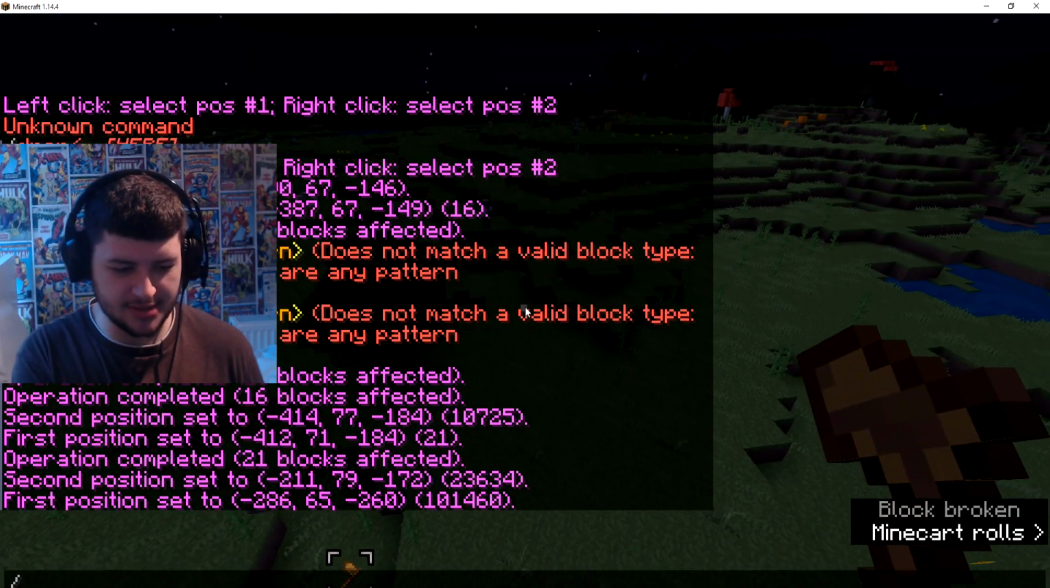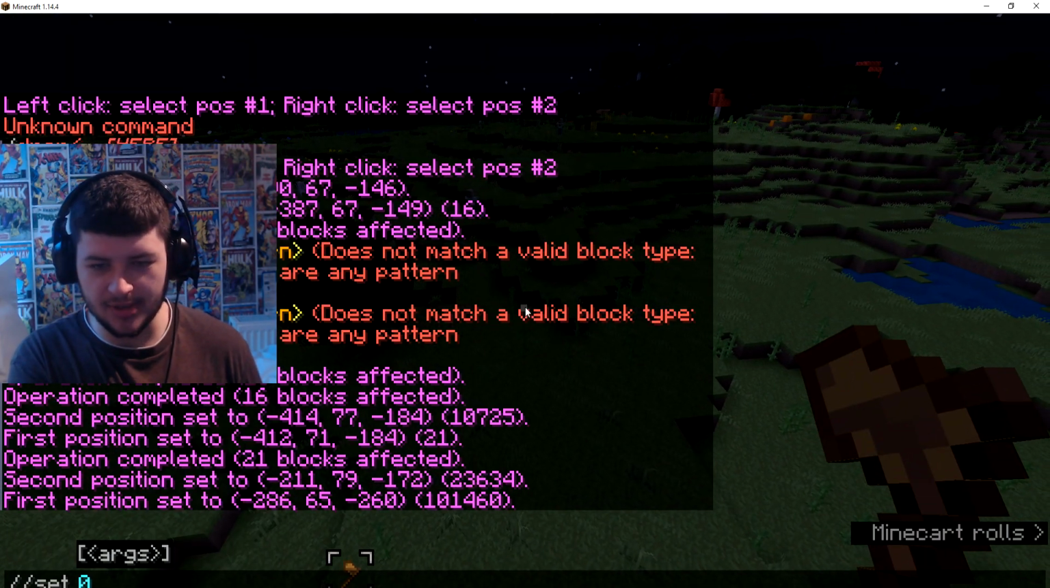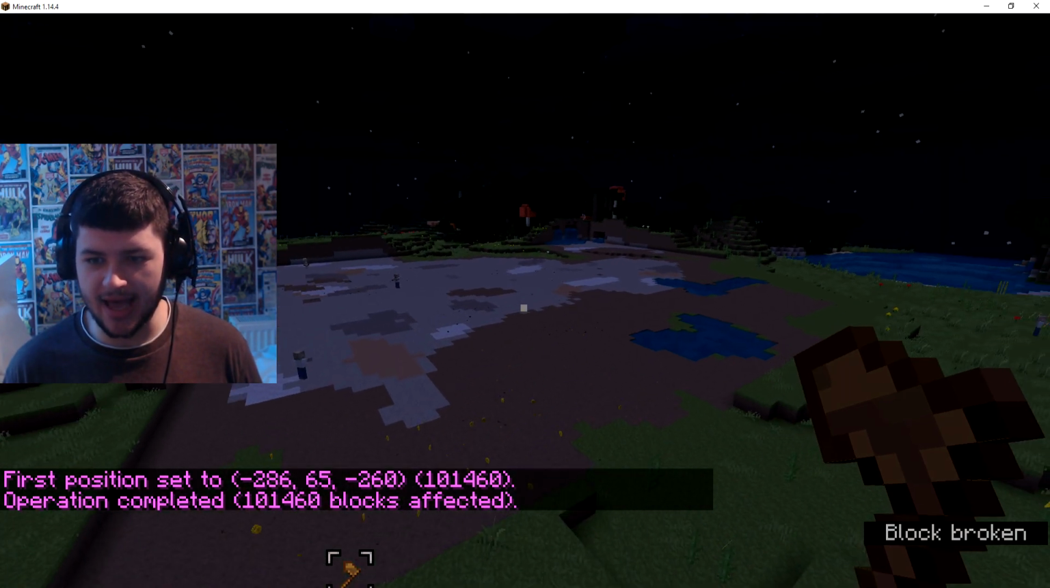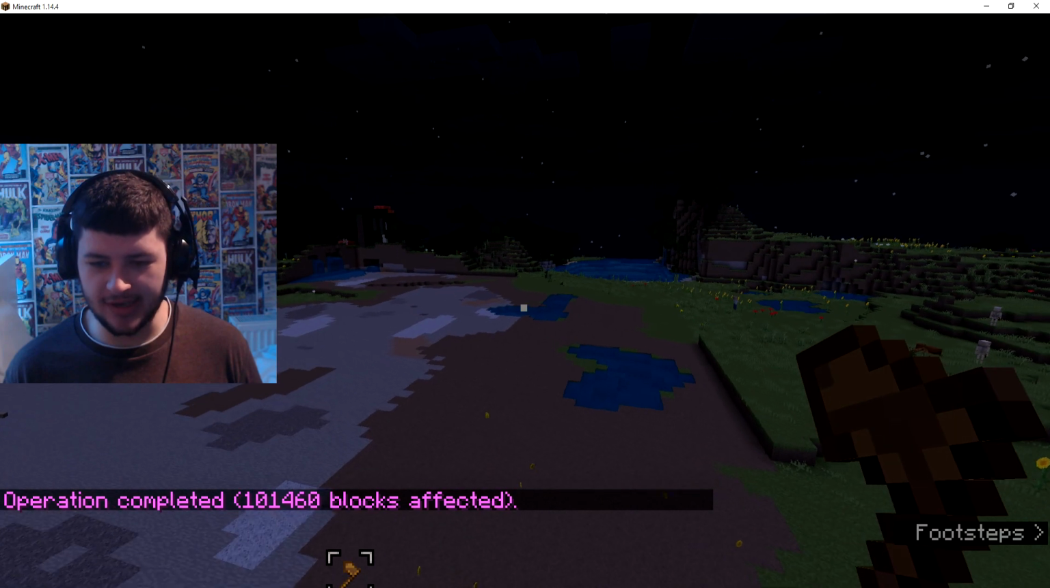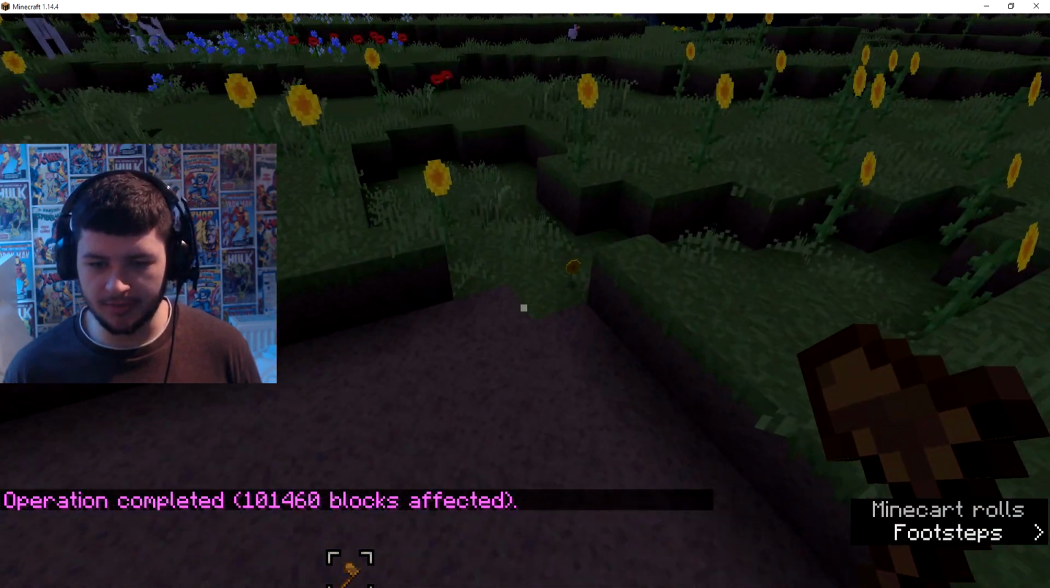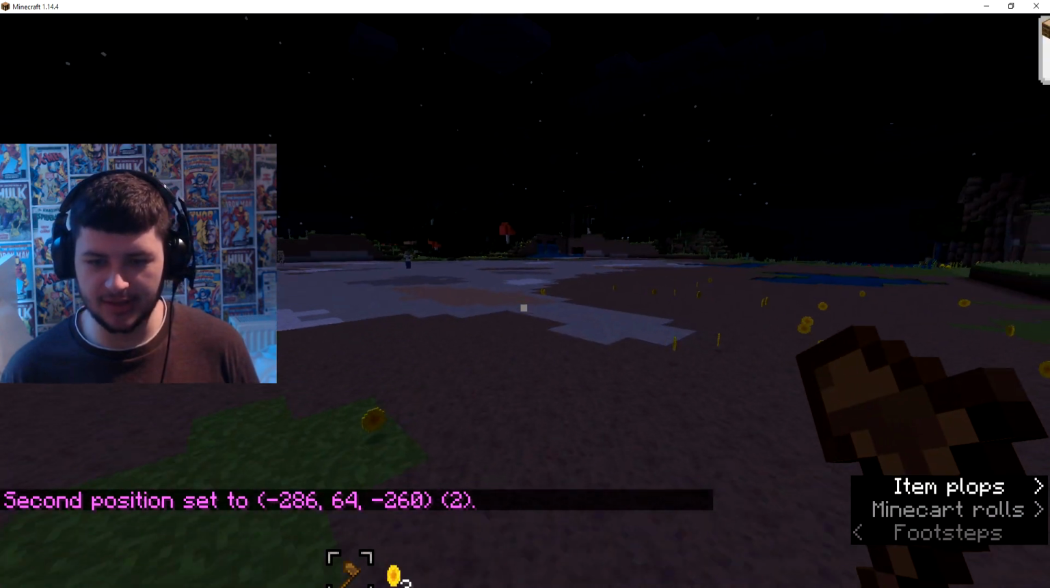And then what I can do is //set, and then 0 is just air, so that's going to get rid of all the blocks. We set the 0 as air, and it's going to make a massive crater here which we can also build on. And then what I could do is mark both positions again, so I could right click here